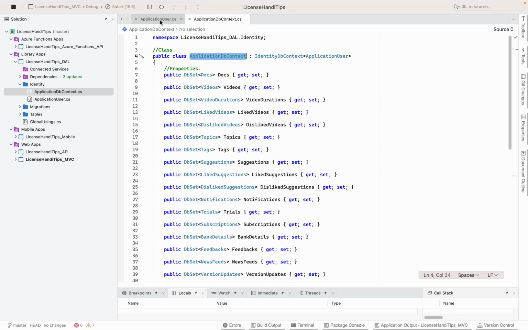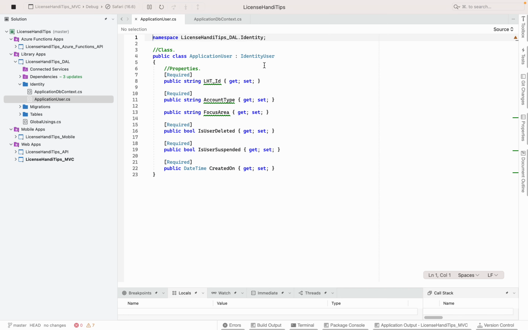Number 2, I want you now to override, in fact extend what identity user is all about by creating your own custom class called application user. So this class extends whatever properties that making up the user. So that's number 2. Then number 3,